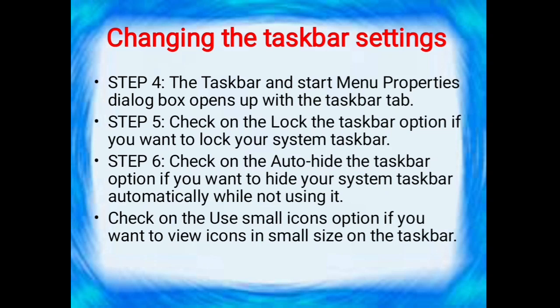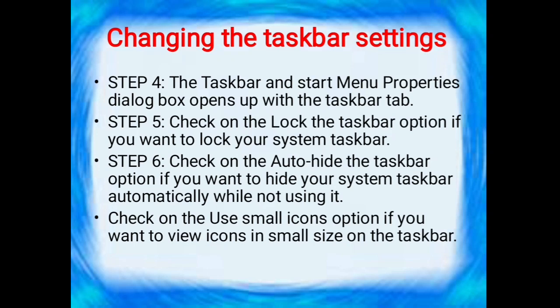When you open the taskbar tab, taskbar appearance is there. Under this taskbar appearance, you have three options. One is lock the taskbar, another is auto hide the taskbar, and another is use small icons.